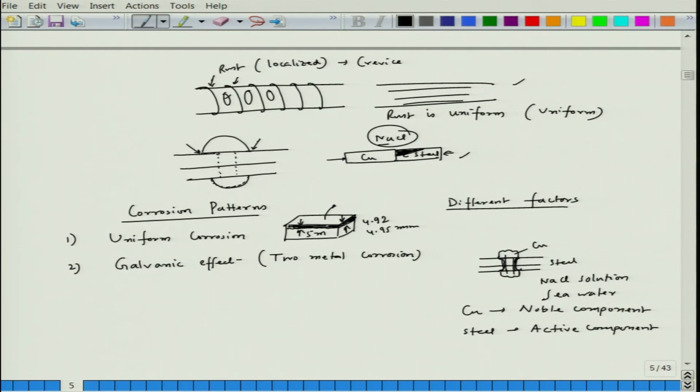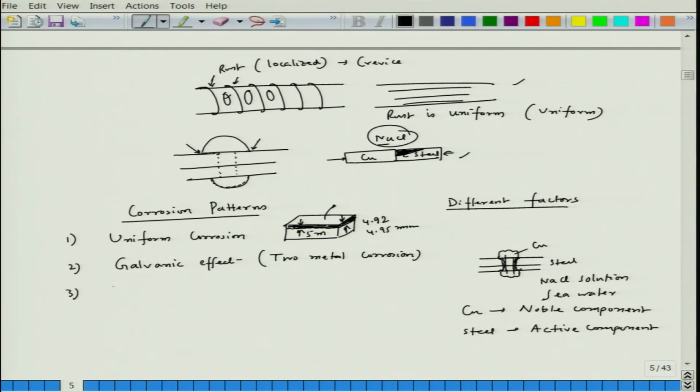In some of the cases there is a kind of misconception that in a galvanic effect, if we have two metals, one metal does not corrode, another metal corrodes. It is not true, both metals corrode, but the corrosion rate of one active metal will be much higher than the other metal. Please remember, two metal corrosion does not mean one metal would be 0 and another metal is maximum. It is not that, corrosion happens in both the cases. Fine. Now,